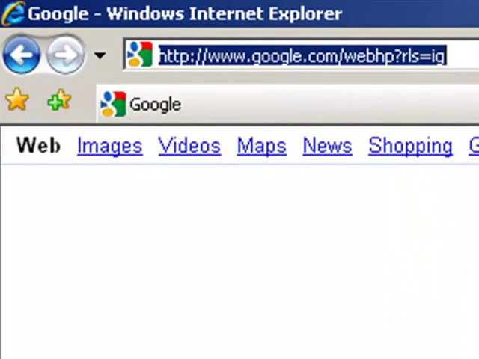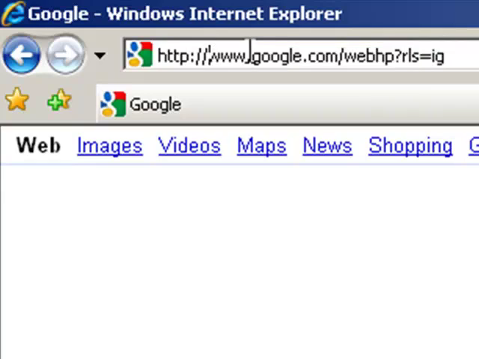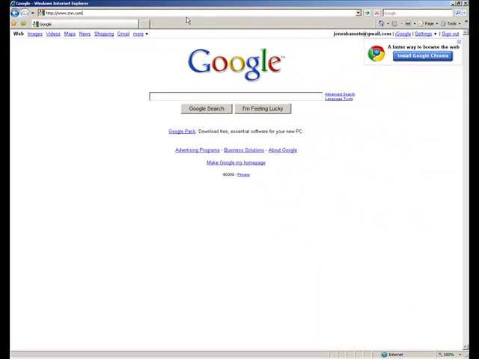If I click once, you notice that it automatically highlights the entire address. If you were to double click or just click inside of it somewhere, you'll notice your cursor is flashing somewhere in there. So I want to go to CNN.com. What I'm going to do is click right in front of the G of Google, and I'm going to hit the delete button on my keyboard until everything disappears. And then I'm going to type in CNN.com. To actually go to the site, I'm going to hit enter on my keyboard,